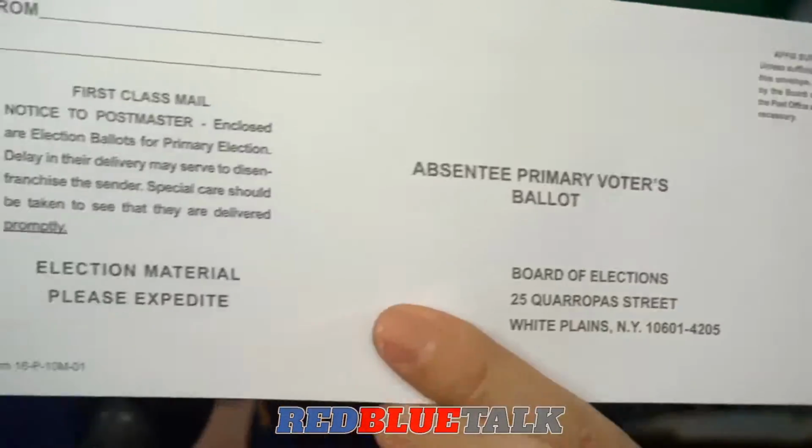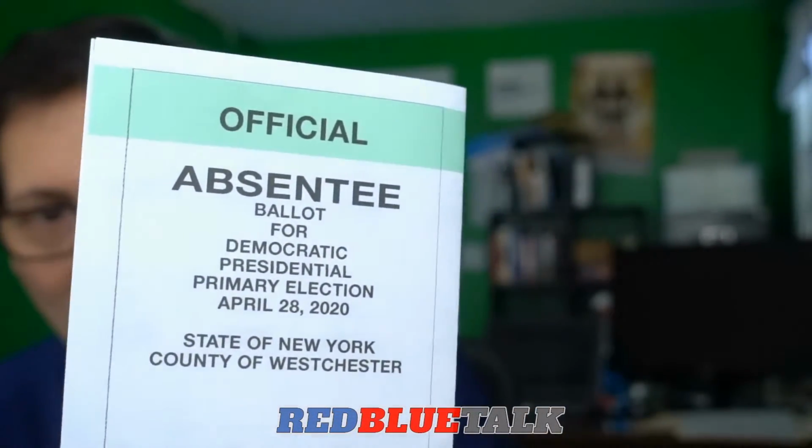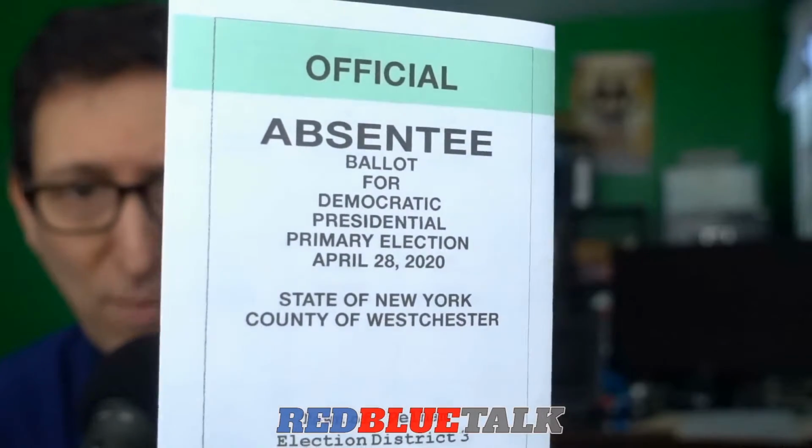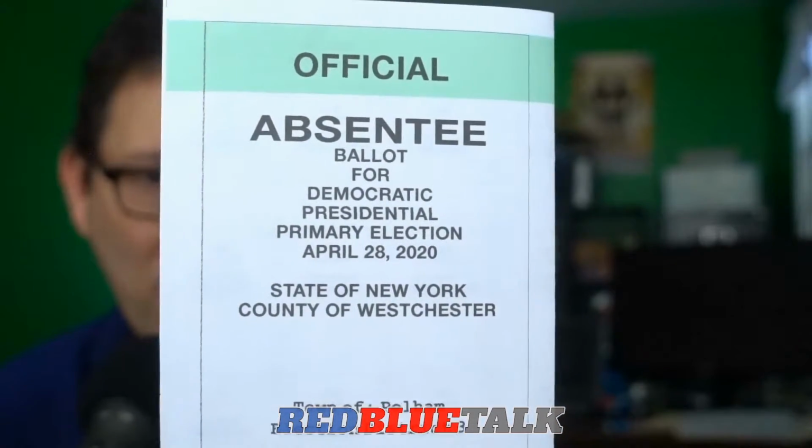Notice one thing, though. It's not a self-addressed stamped envelope. There's no return postage. You have to put your postage on there if you plan on voting by mail. Okay, so those are the contents, except for the main attraction, which I'm about to show you now. This, my friends, is an official absentee ballot for Democratic presidential primary election